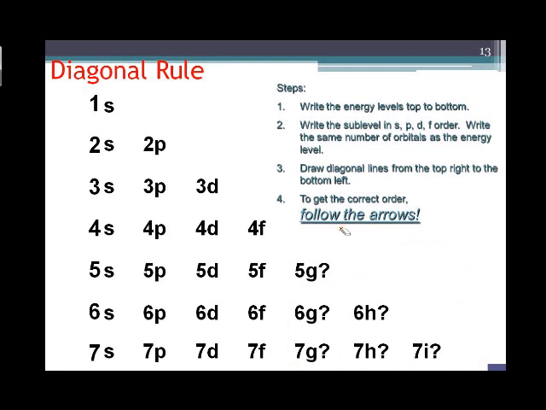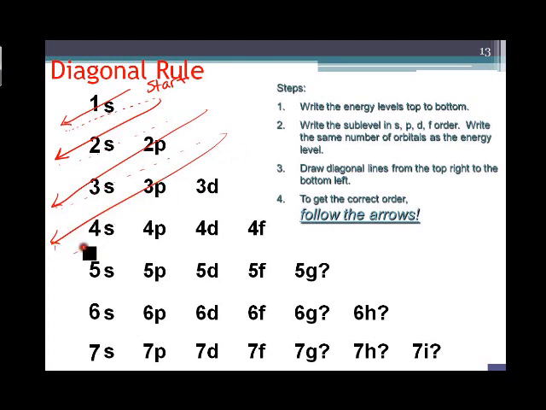So, the last step. The reason this is called a diagonal rule is because we're going to start at the top and draw a diagonal line. So the 1s energy level is the first thing that we fill. We then come back up here and draw our next line through the 2s. Come back, and the next thing we would fill is 2p and 3s,